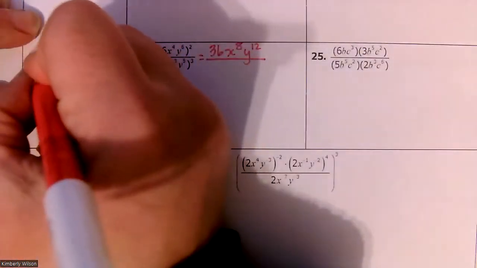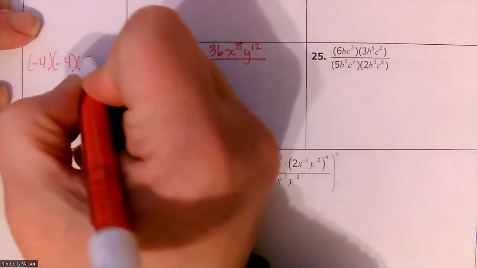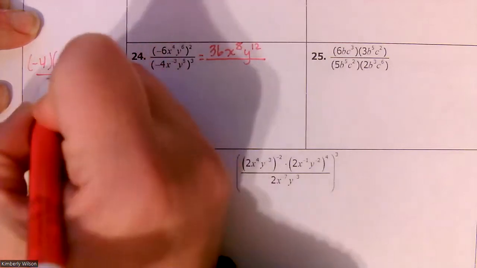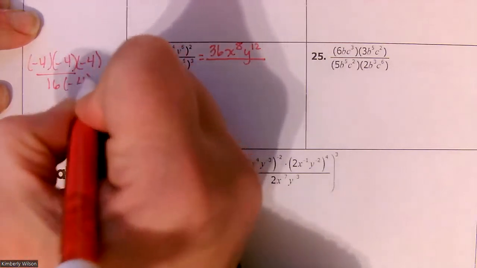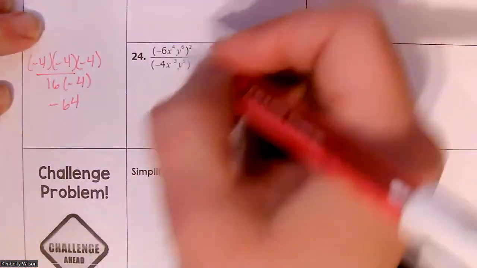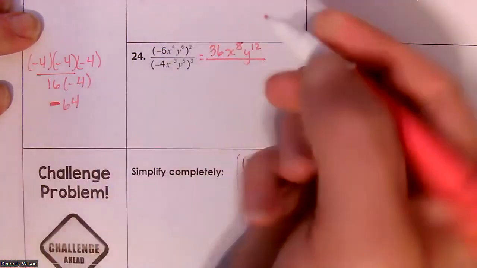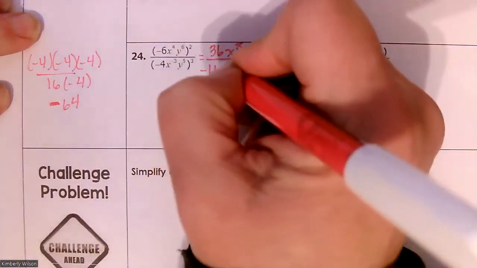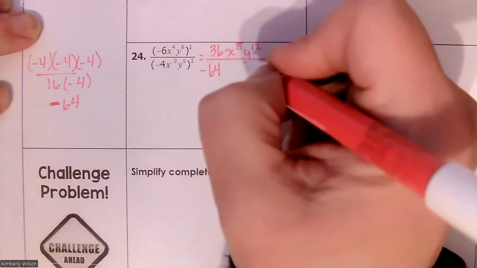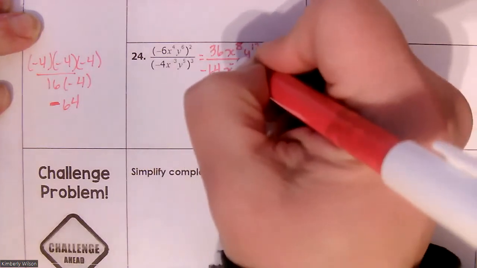Well, that's negative 4 times negative 4 times negative 4. So that's going to be 16 times negative 4, which gives me a negative 64. I broke this out so you realize that this is supposed to be a negative. So we have a negative 64, x to the negative 9th,